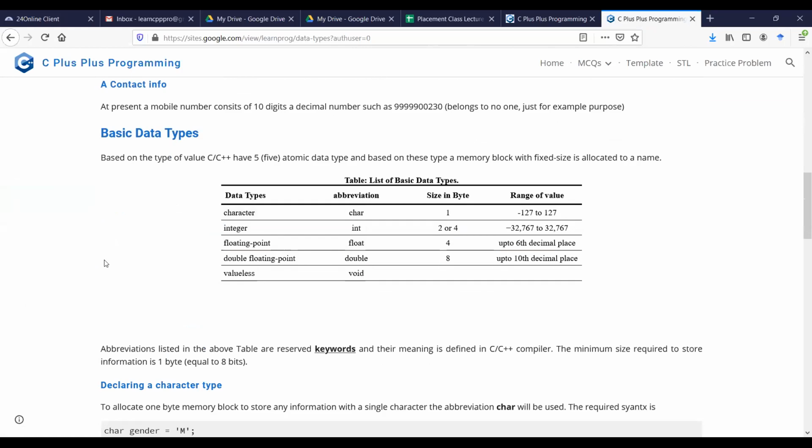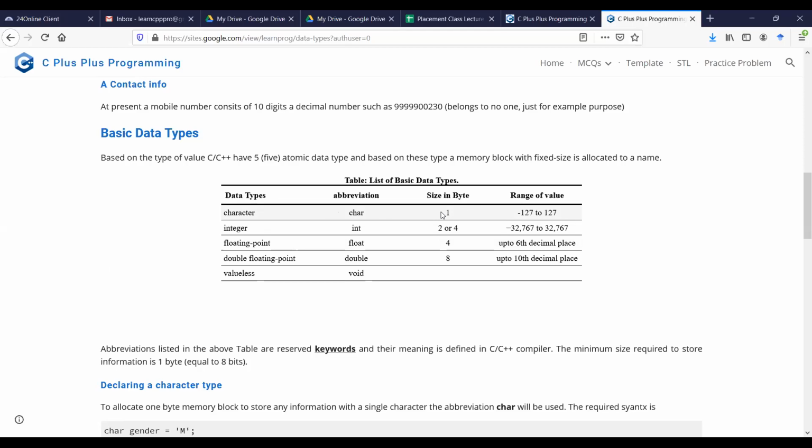Basic data types. Character: the size of the character data type is 1 byte, and it can have a value from minus 127 to positive 127, because 1 byte means 8 bits. So 8 bits equal 256 values. The values start from 0, so it would be 0 to 255.